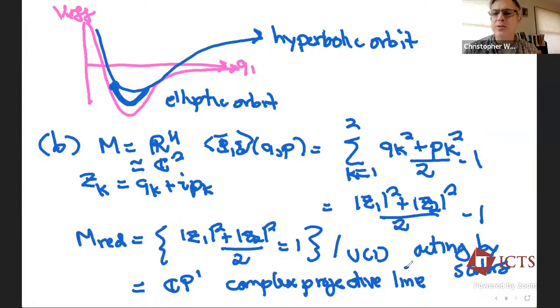So in the chat, it was. Chris, can you hear us? Yeah, yes, there was a question about the R4 minus the origin. Right. So here it wouldn't matter too much because the zero level set requires that the vector z1, z2 is not zero. But either way, you'll still get the same symplectic quotient. Any other questions? No. So